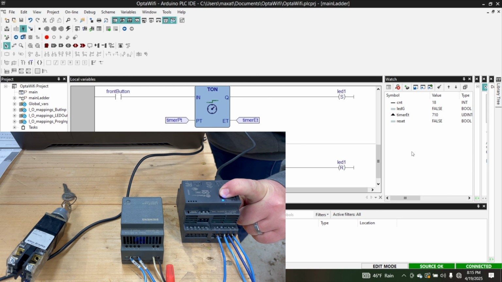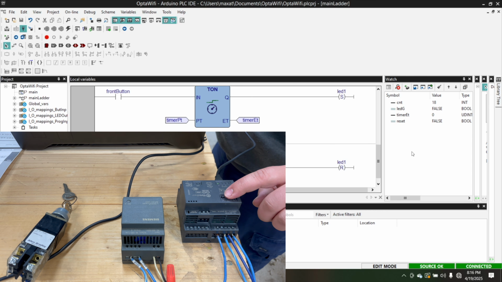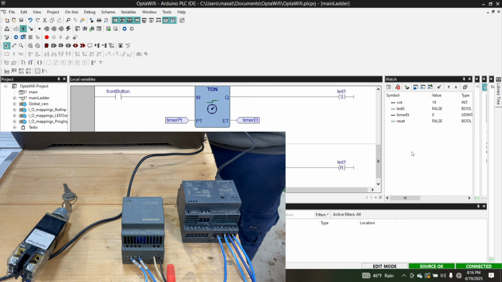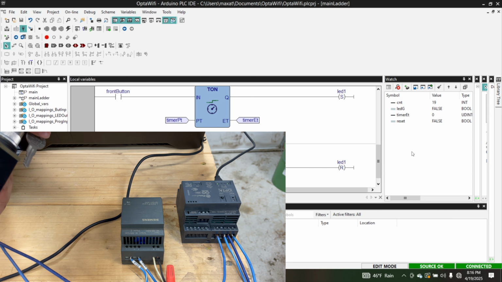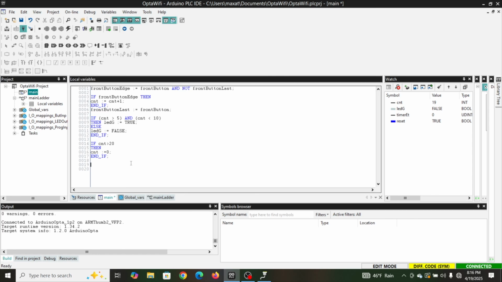So if we hold this and see if I stop, the timer automatically resets. I don't know if this has a retentive timer built into the ladder logic. We can look into that a little bit later, but this is a timer that you have to hold all the way until it'll actually hit its time. Otherwise it'll reset there. So we hit our time, it triggered our bit, and then boom. Okay. Let's do one more line on our structured text, and we're just going to say if